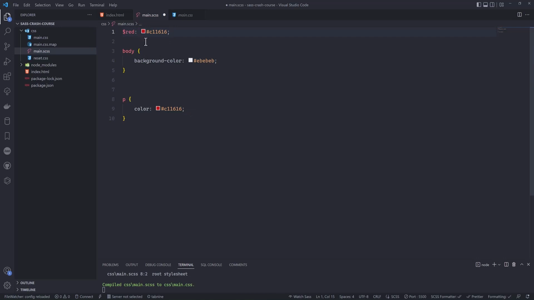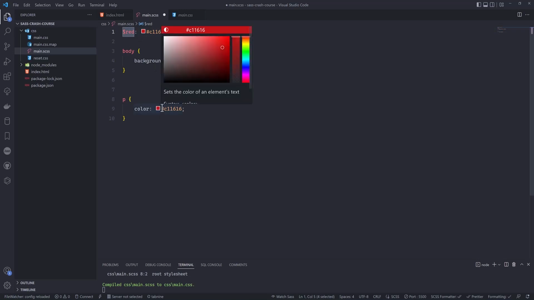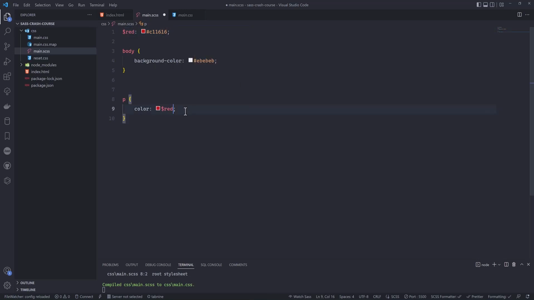So I'll paste it here. Then instead of me writing this hex value for this color red, I just want to call this variable name and paste it here like this. You see, the variable name rather, then I paste it in this place. So when we use this red in different parts of the project, in the files, the CSS codes, all past 4,000 lines, in different places,